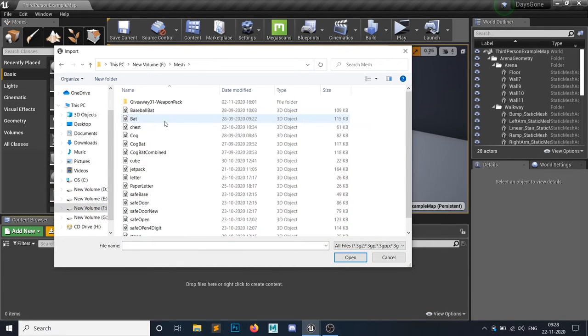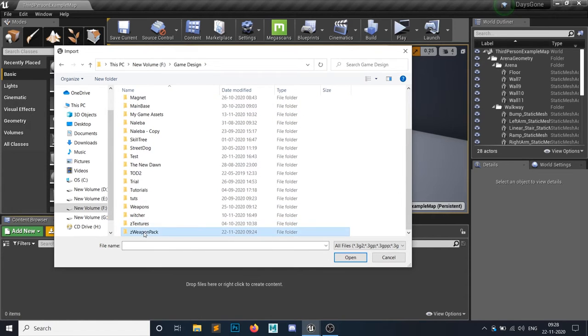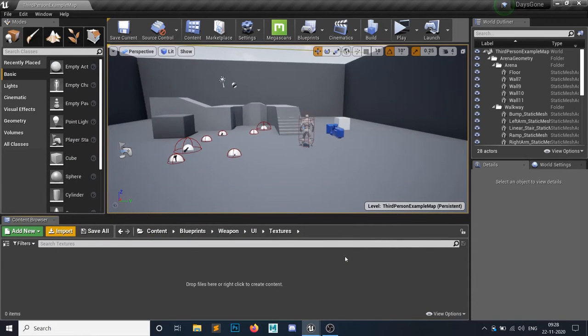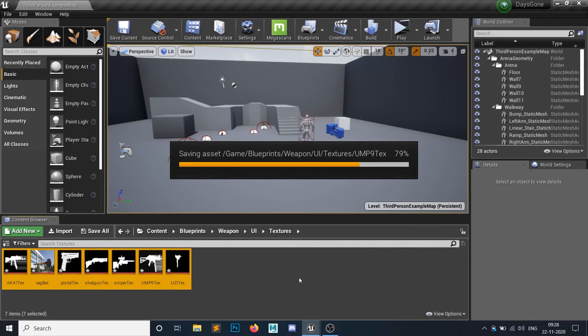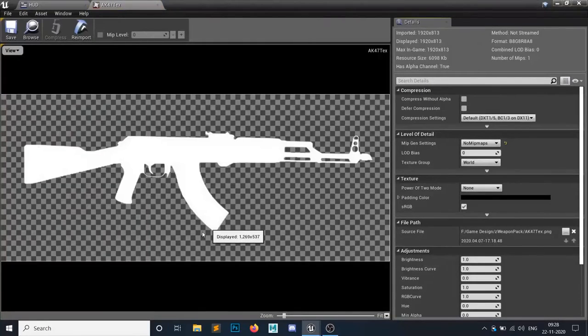Okay, all the photos, all the textures I need, I will simply open and save. As you can see, this is my AK-47 texture, which is purely white, and this is my alpha.